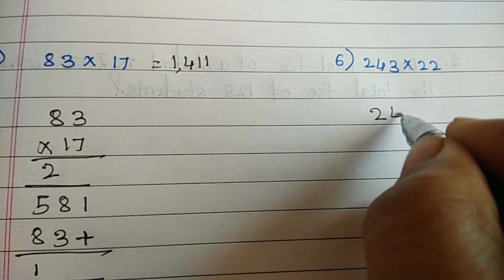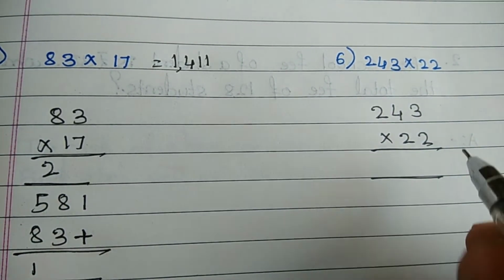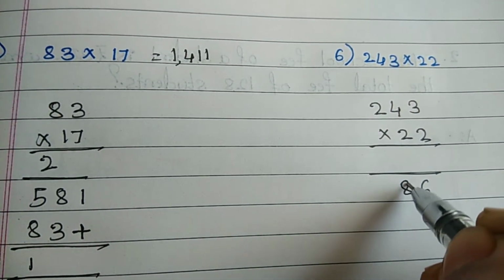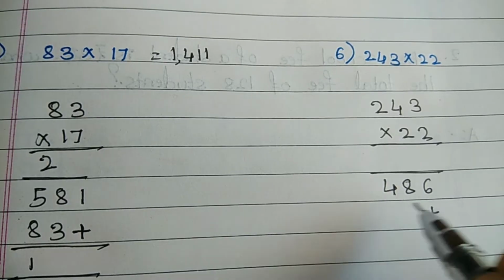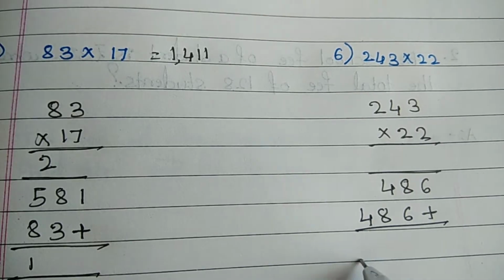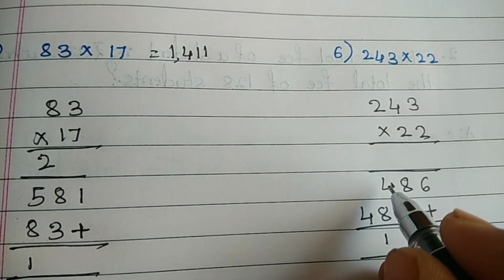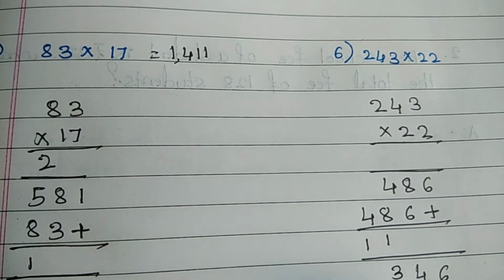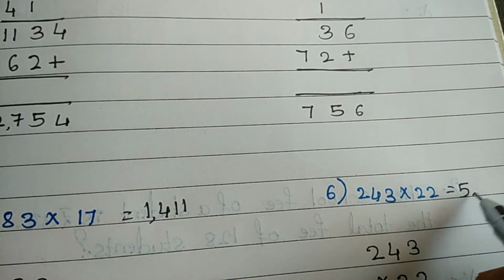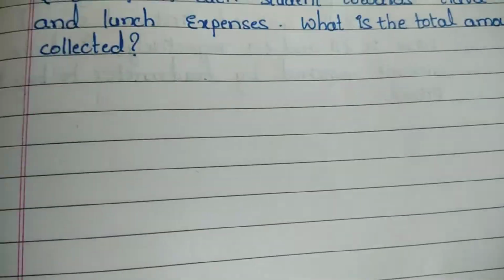See, all of you know the multiplication. That's why I'm doing. It is not fast, okay? Because so many examples are there. 2 3s are 6, 2 4s are 8, 2 2s are 4, plus 2 3s are 6, 2 4s are 8, 2 2s are 4. 6, 8 plus 6 is 14. 8 plus 4 is 12. 12 plus 1 is 13. 4 plus 1 is 5. The answer is how much? 5346.